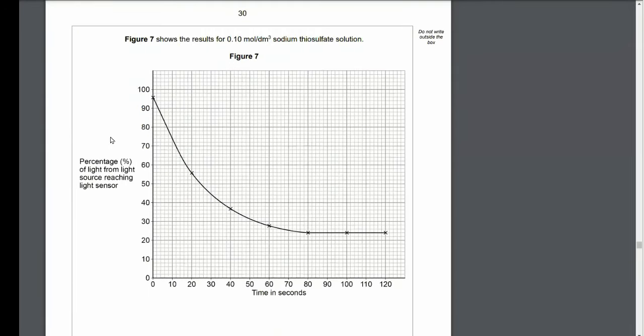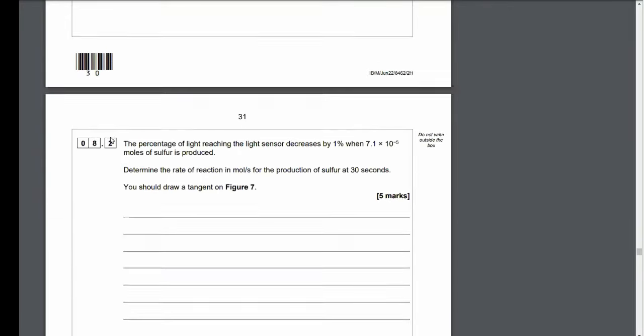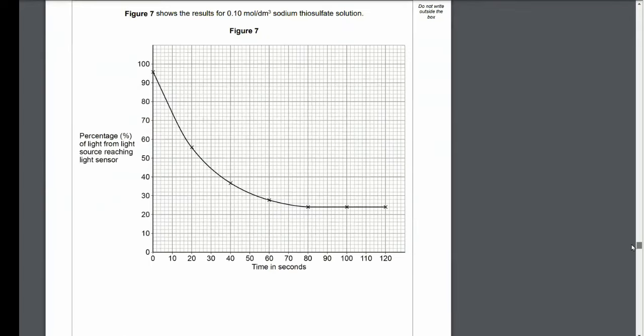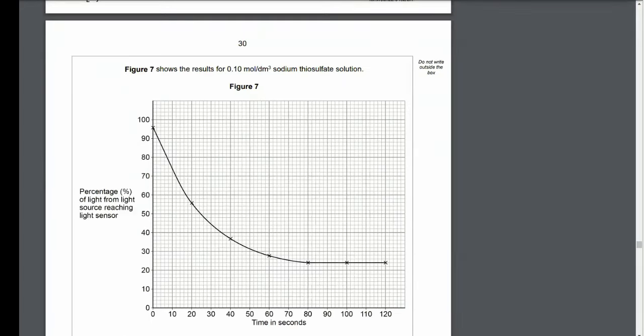Okay, let's look at the graph. We got a graph here showing percentage light against time in seconds, basically how quickly it went cloudy. It's basically an indication of the rate of reaction. Now we've got a 5 marker here for 8.2. The percentage of light reaching the light sensor decreases by 1% when 7.1 times 10 to the minus 5 moles of sulfur is produced. Determine the rate of reaction in moles per second for the production of sulfur at 30 seconds. That question is all rather hard to decipher, but you get 4 out of 5 marks for calculating